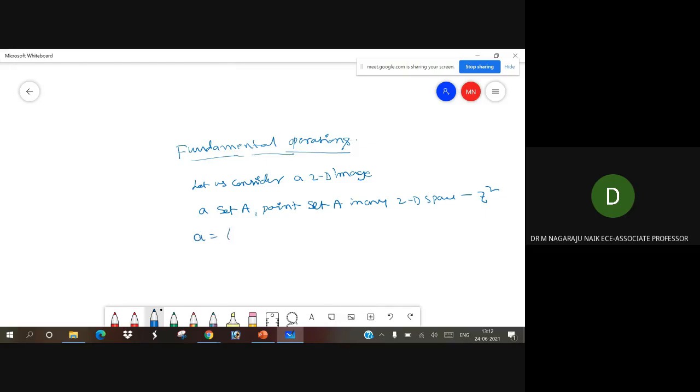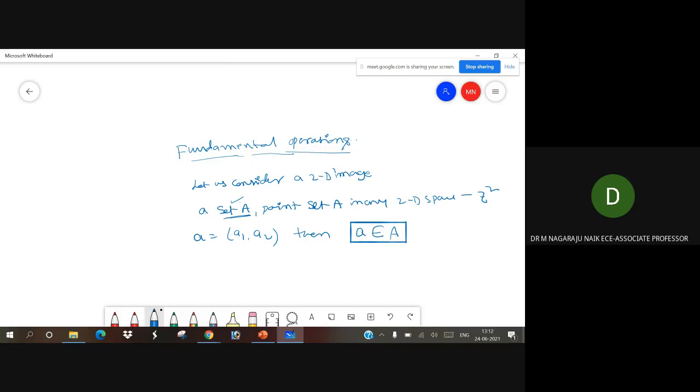A is equal to like A1, A2, in different variables. So small a belongs to A. Now the small a is nothing but A1, A2, all these variable coordinates. So these coordinates are related to set A.